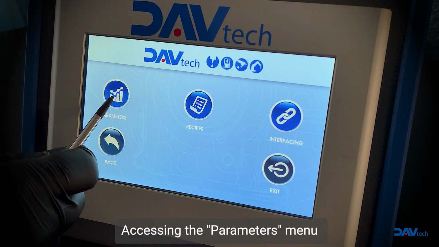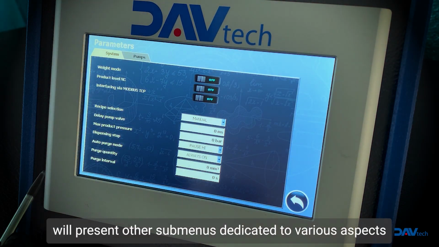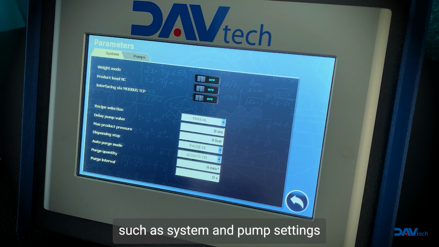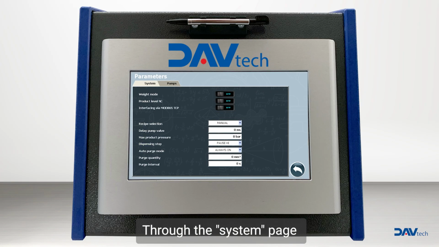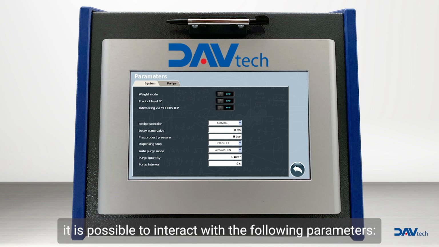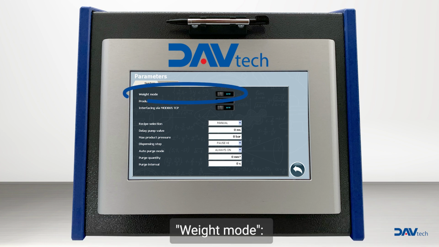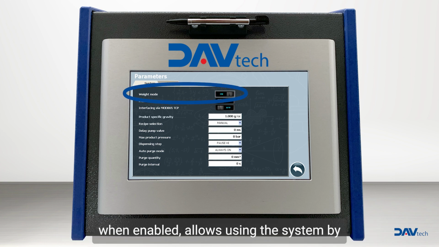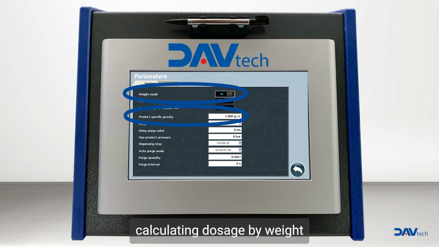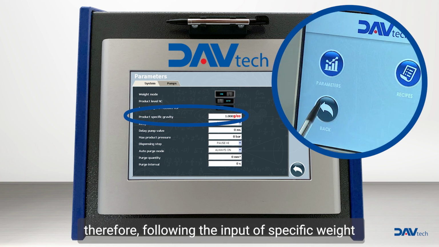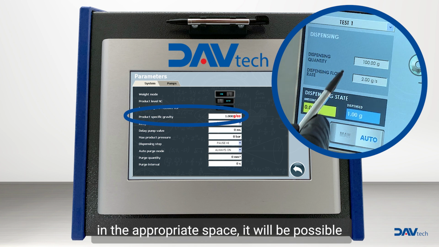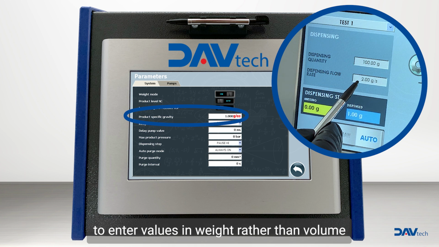Accessing the parameters menu will present other submenus dedicated to various aspects, such as system and pump settings. Through the system page, it is possible to interact with the following parameters. Weight mode, when enabled, allows using the system by calculating dosage by weight. Therefore, following the input of specific weight in the appropriate space, it will be possible to enter values in weight